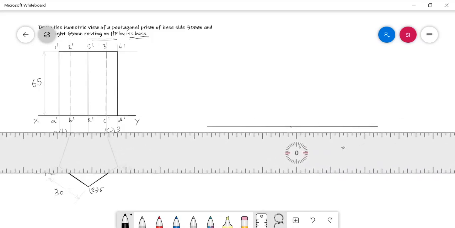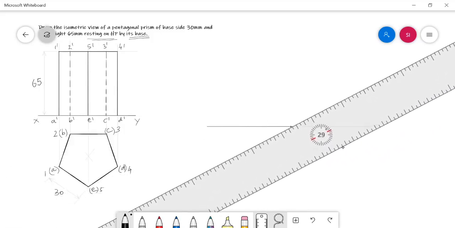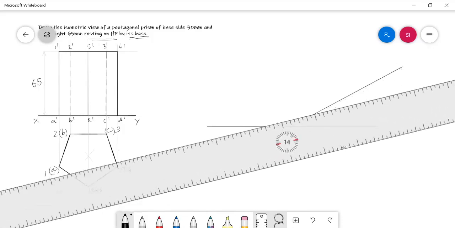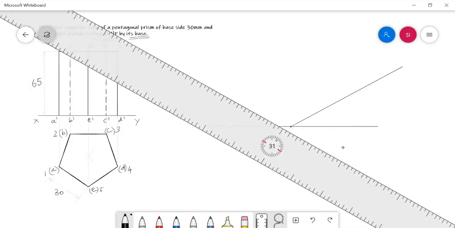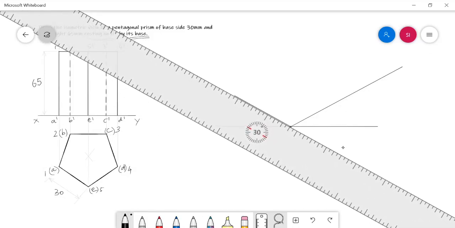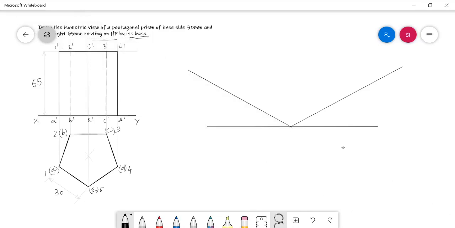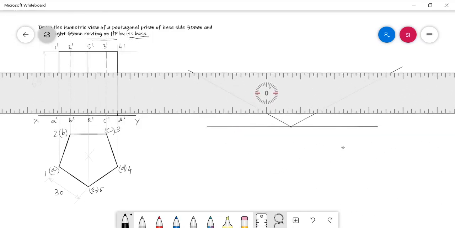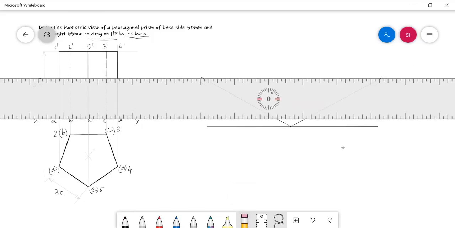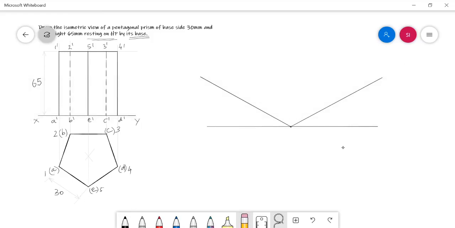So the inclination should be 30 degrees. Yes. So this is called the isometric axis.